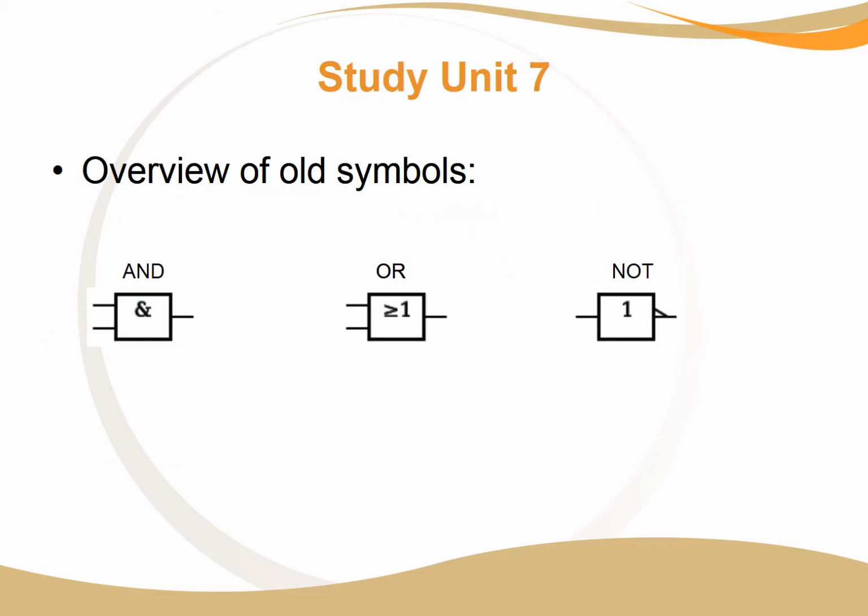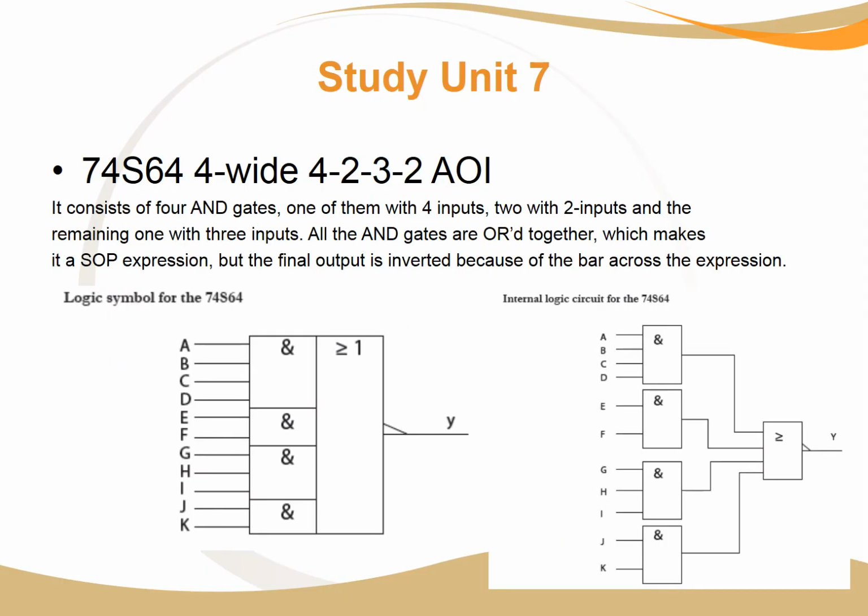So just for this specific section, we're using older symbols. This symbol is for AND, this symbol is for OR, and this symbol is for NOT. It just makes it easier to show the principle of the working of the ICs. So the first IC we have is a